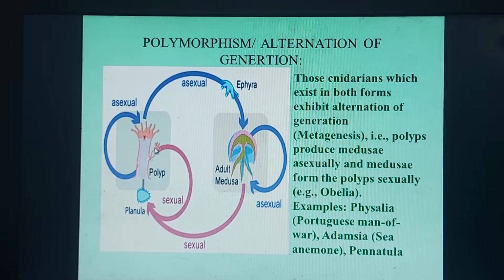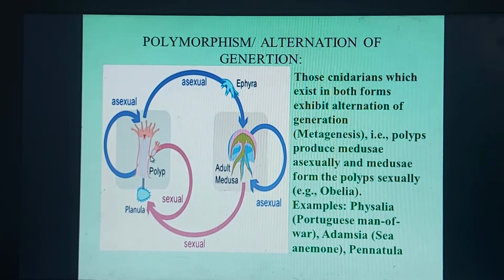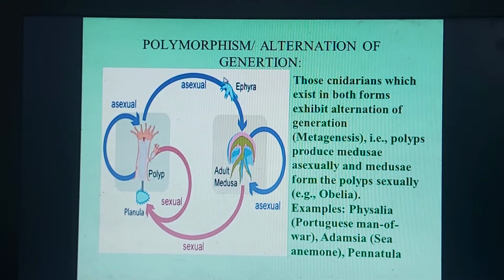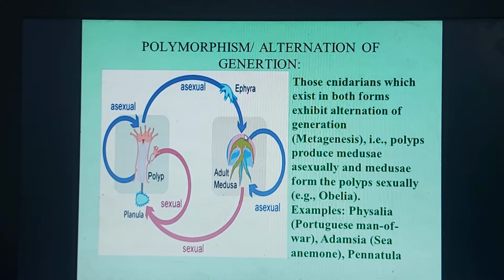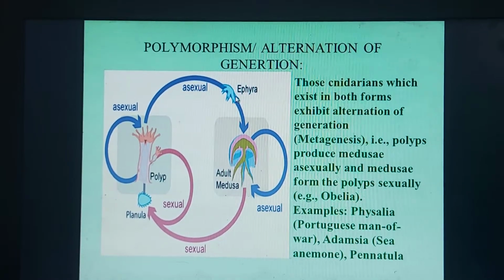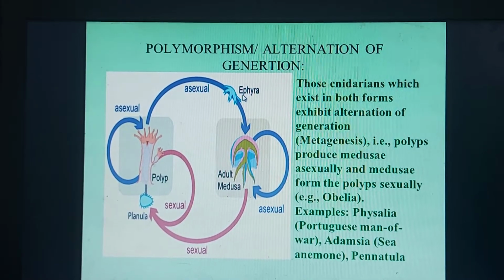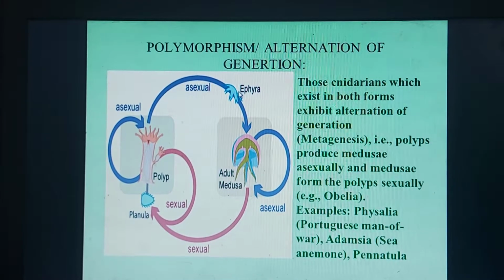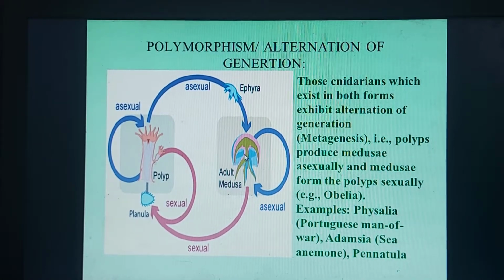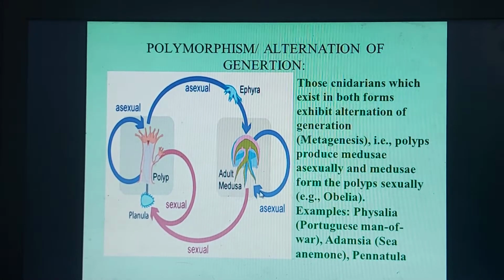It can reproduce asexually, as we had done budding in hydra, that asexual can be there. The polyps give rise asexually to the structure which will change to the adult medusa, that means a jellyfish, and this structure is called the ephyra. Ephyra is basically the larval stage of a jellyfish. So these ephyra are produced from this polyp stage, and these adult jellyfishes can also reproduce asexually, or